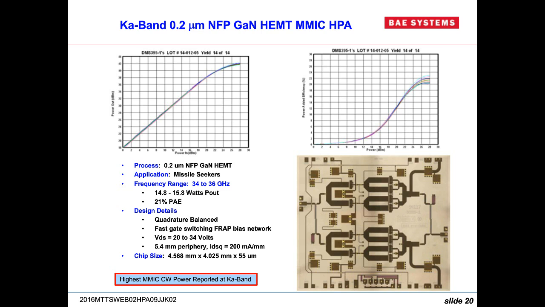Got it, okay. Another question here. Do you believe there is value in pursuing novel spatial combining techniques at W-band for SSPAs? Definitely. Spatial, once you get to a large number of channels, is the most efficient way. You've got the loss of free space to do your combining for you.